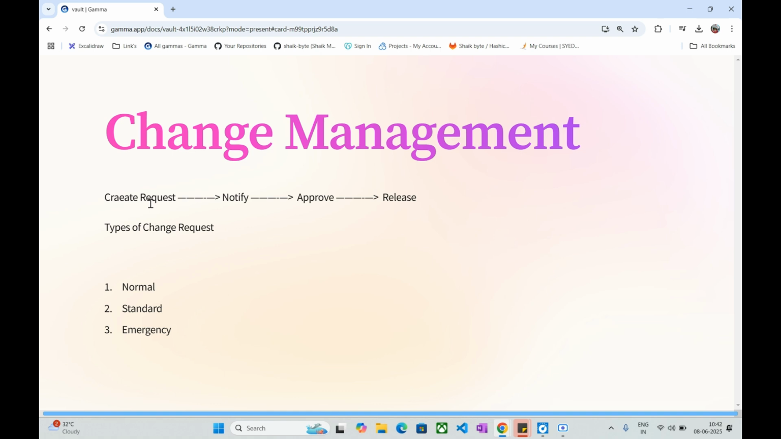Once you create the request, it gets assigned to your change management or upper management, like your manager, your lead, or your director. Once it is assigned, they get notified via email, Slack, Teams or any messaging channel. Once they are notified, they are redirected to the application used for change management, and they approve it by reviewing all the changes that you are using